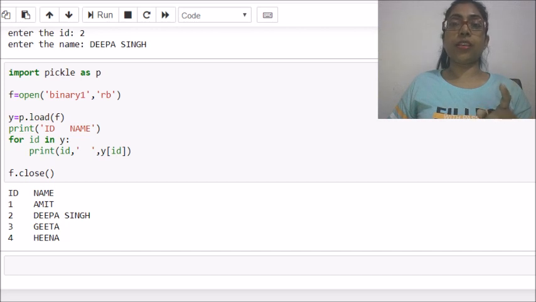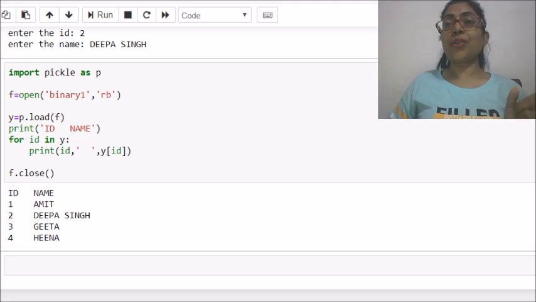I must mention it. In the pickle module, whatever data, whatever object you are writing in a binary file, has to be converted into binary form only. This process, the conversion of your object into binary form, is called serialization. So the dump method performs serialization, and the reverse of that is deserialization, which is done by the load method.